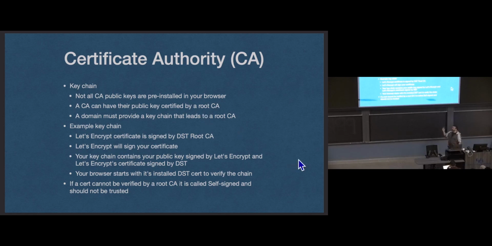And usually whenever I check these, the chain is two. You have the certificate for the domain signed by a CA, which is signed by a root CA. In practice, that's what I've been observing, just one step in this chain. But the chain can be as long as it needs to be. If you have a certificate that can't be verified by a root CA, you have what's called a self-signed certificate. Even if it is signed by a CA, if that chain doesn't end in a root CA, that's a self-signed certificate,